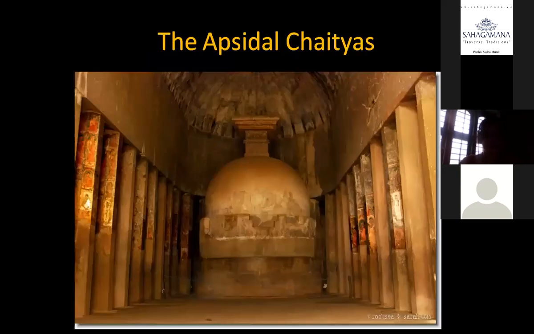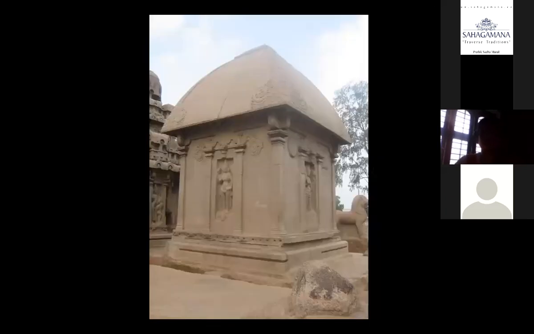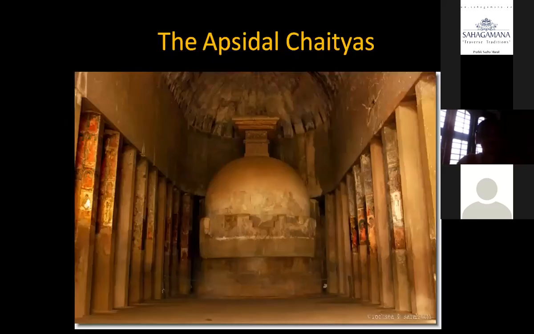So the inspiration for a full-on constructed temple in stone, excavated like this out of a big boulder, would be such an apsidal chaitya. This is a chaitya griha, or a prayer hall, in Ajanta. In the middle, you have a stupa. They have excavated a cave-like space, but inside the cave they have a ratha-like structure also. So this chaitya is probably an inspiration for the cave temple.